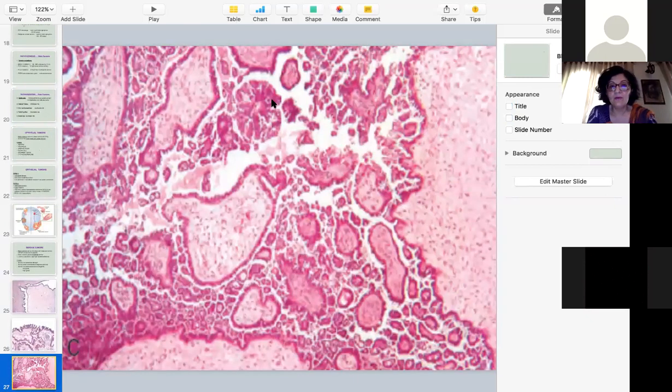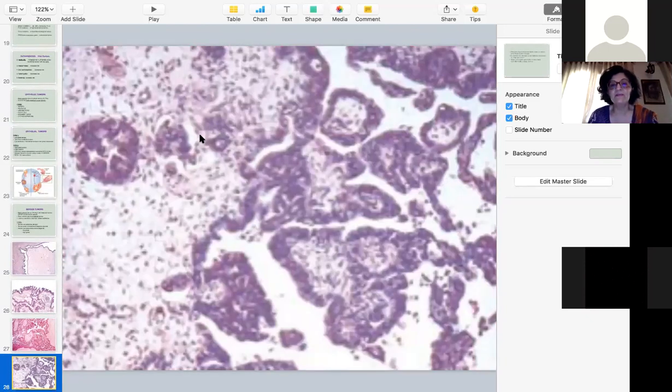Again, more proliferating borderline tumors, but no invasion in the underlying stroma. Once you begin to see invasion in the underlying stroma, this becomes a malignant tumor or serous cystadenocarcinoma. And depending on how high the grade is, it is either low grade or high grade. So benign tumors have lining epithelium of simple cuboidal to columnar epithelium without any atypia, without any mitosis, without any papillary projections. Borderline tumors have epithelial changes in the form of papillary projections, nuclear atypia, mitosis, but no invasion. And malignant tumors, once they start invading, become the serous cystadenocarcinoma.